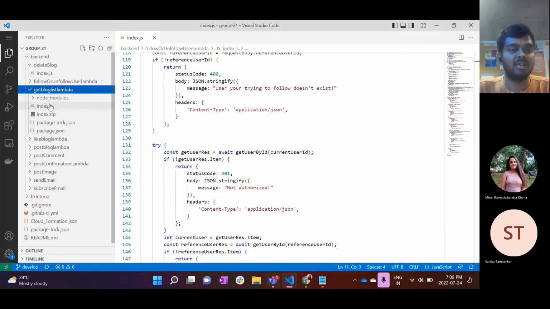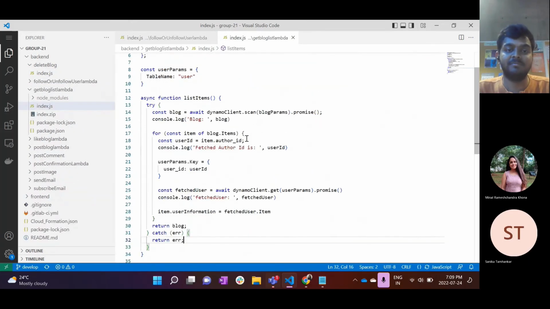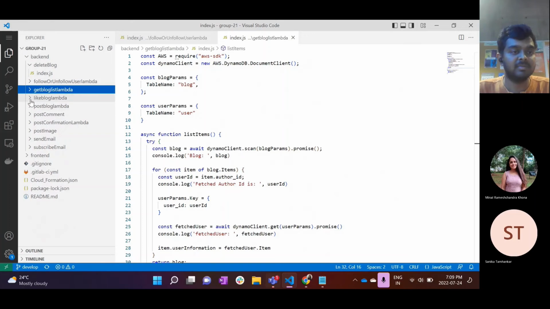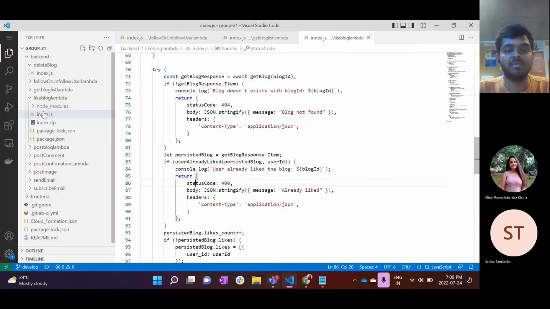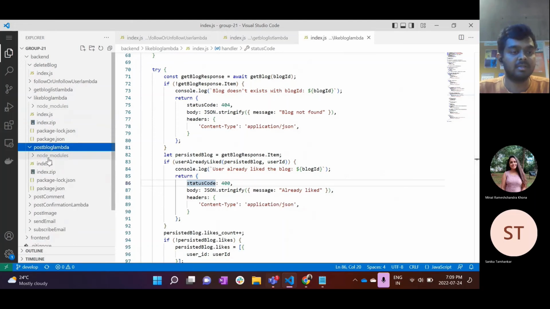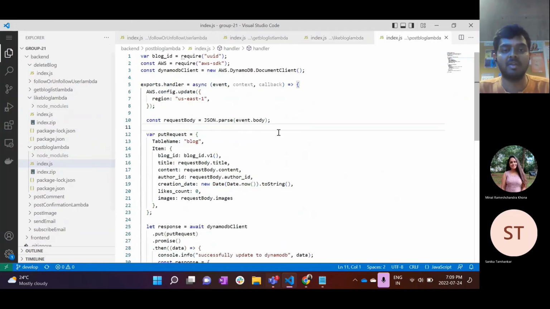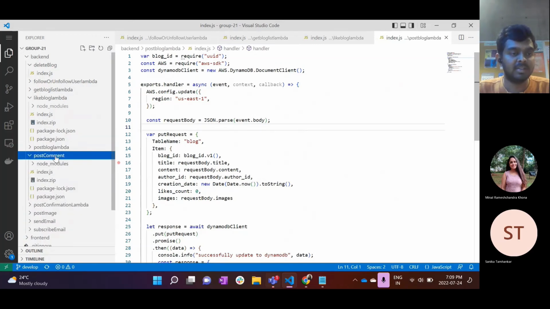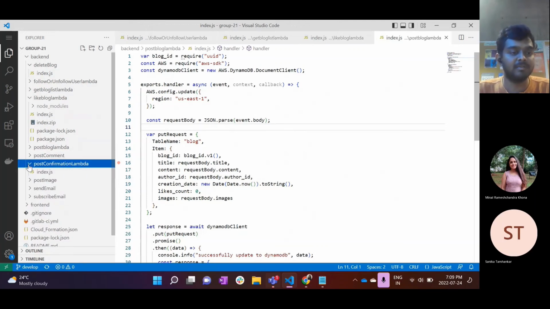This function will be triggered for getting all the blogs on the home page. This function is triggered when the user clicks on the like button. Now, post blog lambda will be triggered when the user posts the blog. This is the post comment lambda, and